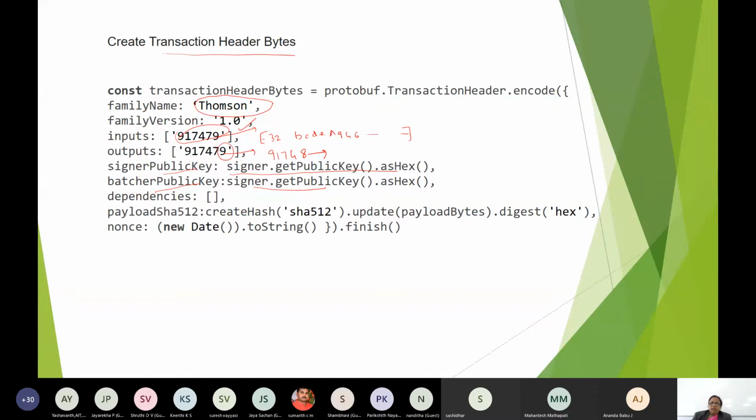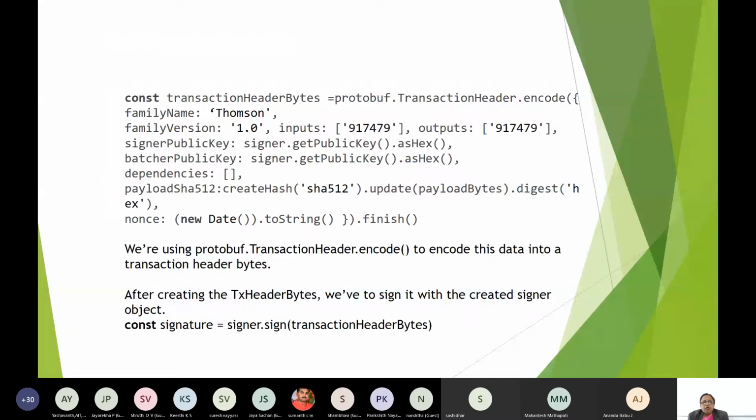When you finish, you add something to the nonce, and then you finish. Then we use protobuf transaction header encode to encode this data into the transaction header bytes.